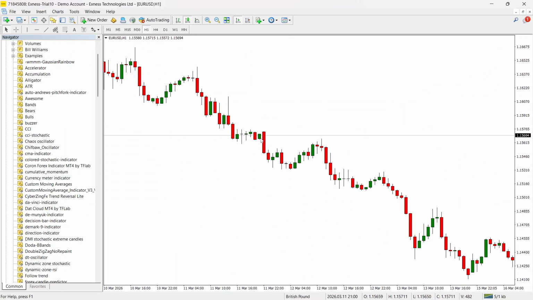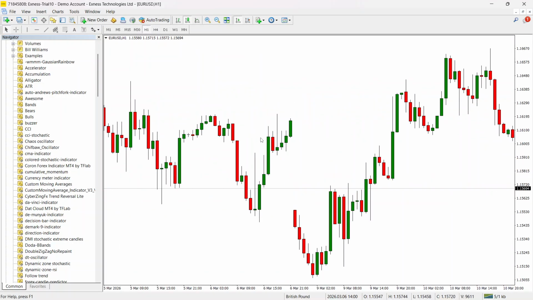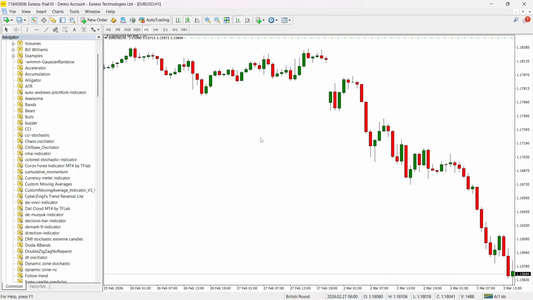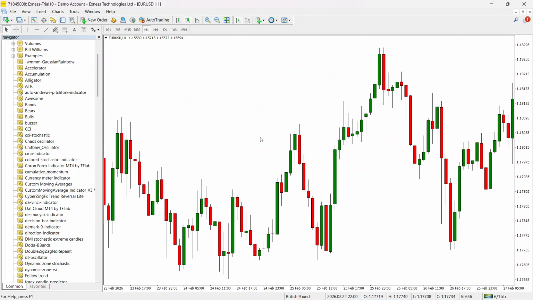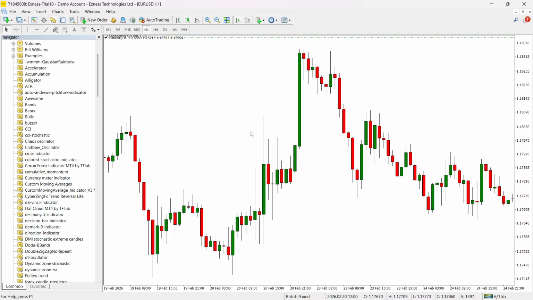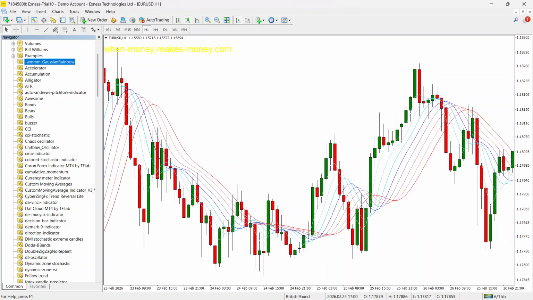This indicator applies Gaussian smoothing to multiple moving average layers and displays them as a color-coded rainbow on your chart, so you can visually read trend strength, direction, and momentum at a glance. At this point, I'll load the indicator on the chart, so you'll see how it looks in real time. Now, true to its name, it forms a rainbow,